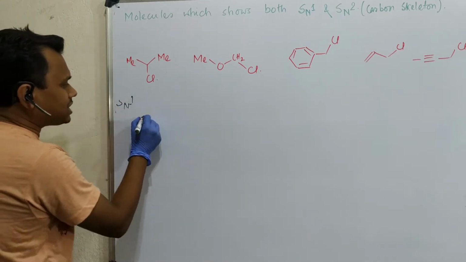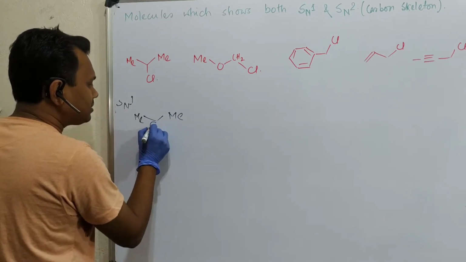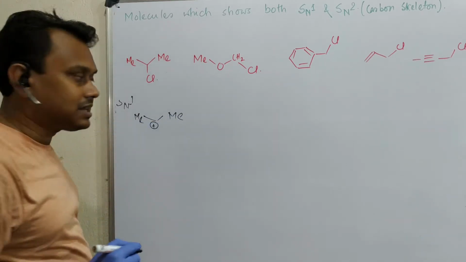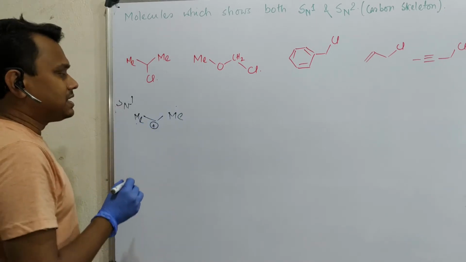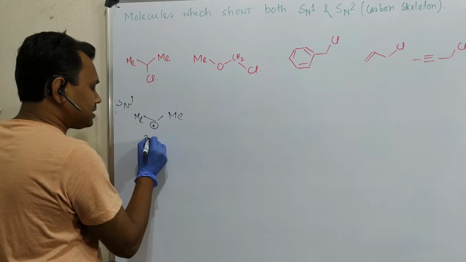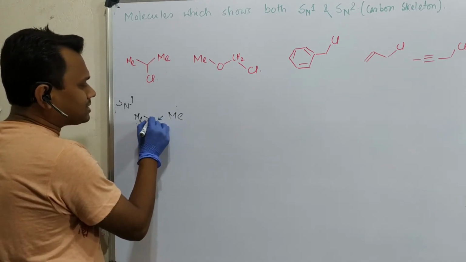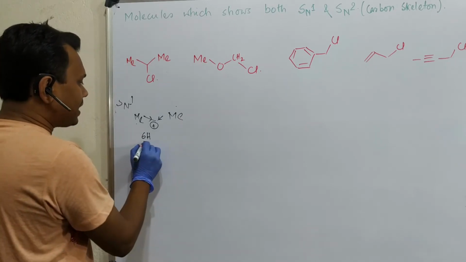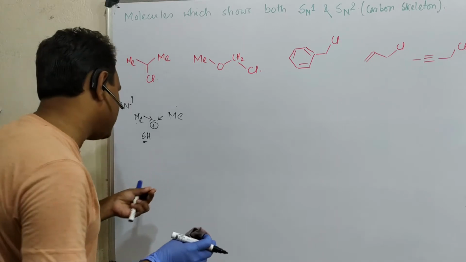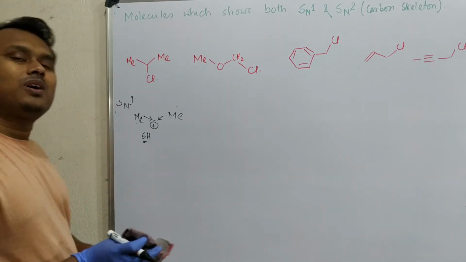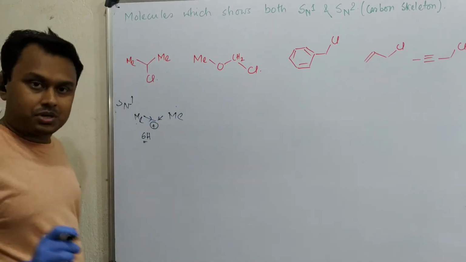In this case, the produced carbocation is this carbocation, an isopropyl cation you can say. This cation is stabilized by six hyperconjugation and two plus I effect by the two C-C bonds. In reality, let me tell you, this isopropyl substrate shows both SN1 and SN2. It shows mixed kinetics actually, so this is a borderline substrate you can consider.